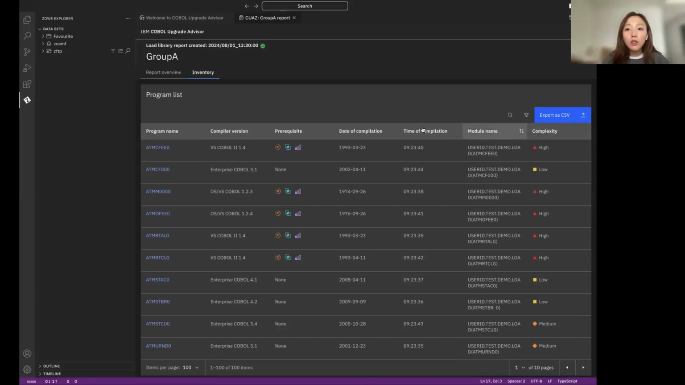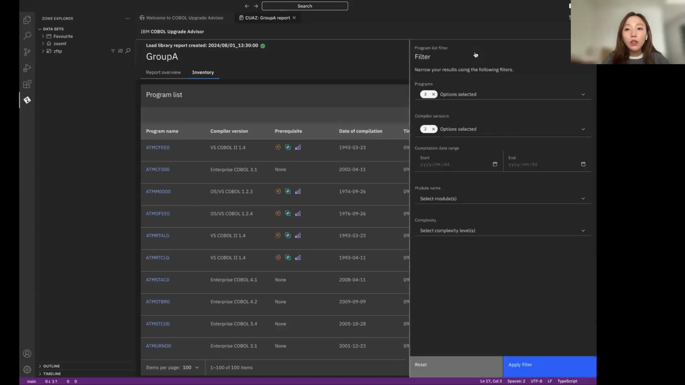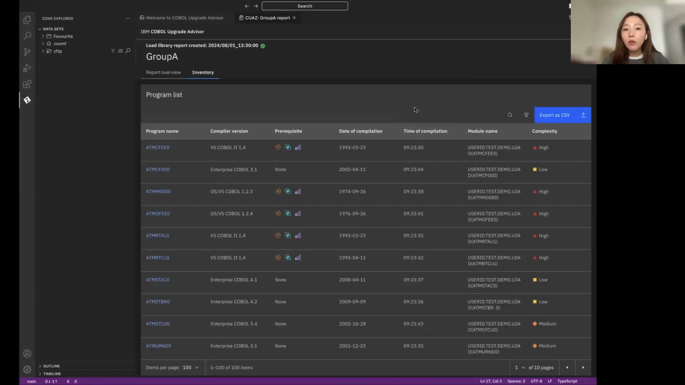All these categories are sortable, and you can also filter this table to get the exact data point that you're looking for. We made sure that this table is exportable as CSV so that you can take this data and customize it as needed, and also share it with team members outside of VS Code who don't have access to it. In addition to this, we also provide compiler option recommendations per program,